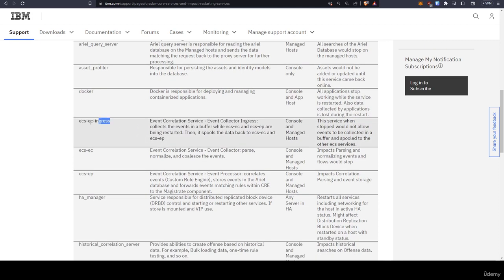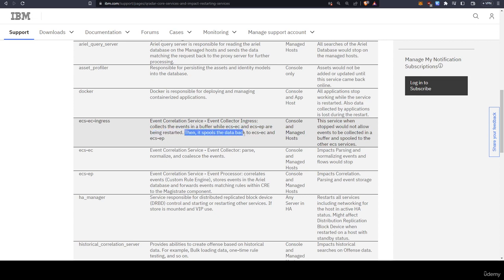And the next important one of the main core services of QRadar is the ECS-EC ingress, right? Event collection service, event collector ingress. This basically collects events in a buffer while ECS-EC and ECS-EP, which we're going to talk about in a few seconds, are being restarted.